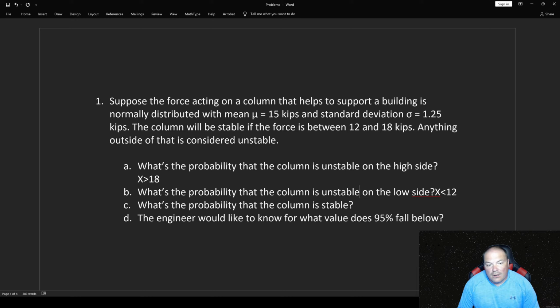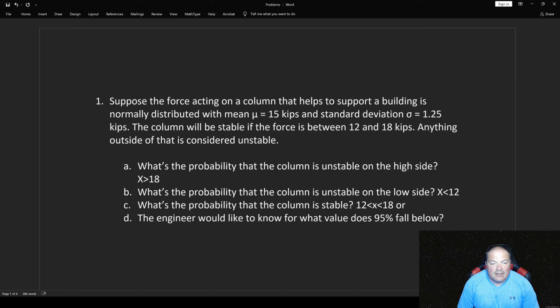For part C, it says what's the probability that the column is stable. Now, there are a couple ways we can look at part C. It says right in the question that the column will be stable if the force is between 12 and 18. So we can look at the probability that it is greater than 12 but less than 18, or we can